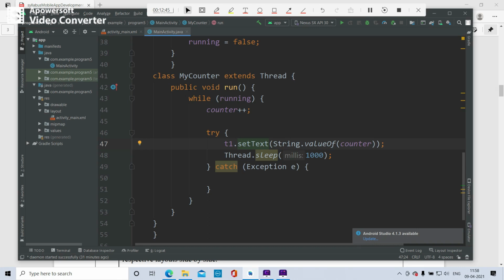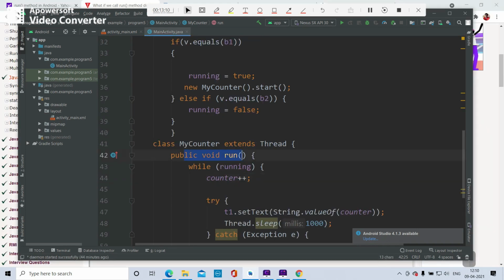Okay, here inside the run method of the thread, we have given a looping variable for running the counter. If there is any problem in the execution of this try block, it goes to the catch block.